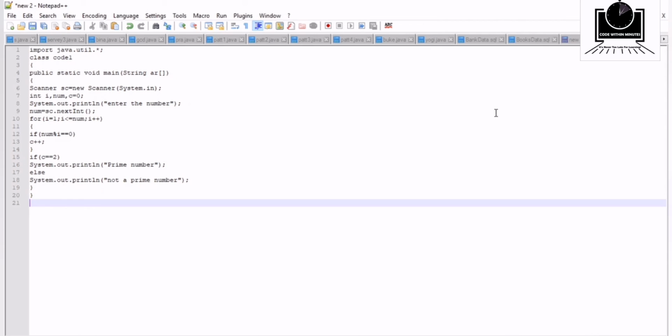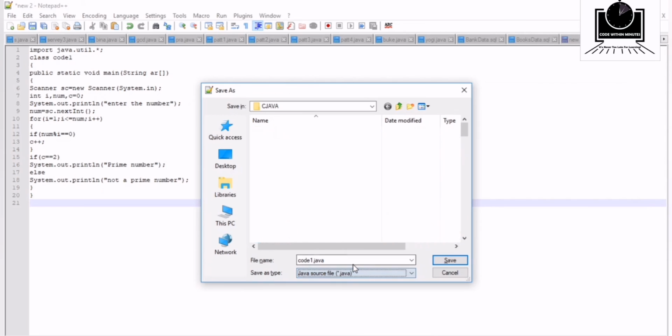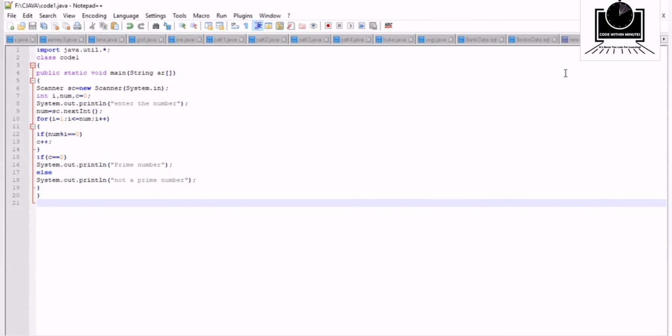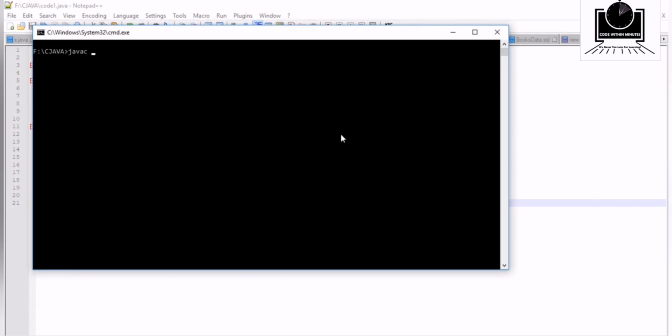So now we are going to save this program as code1.java, and here we have to take the type as Java. After that, open cmd and run javac code1.java.